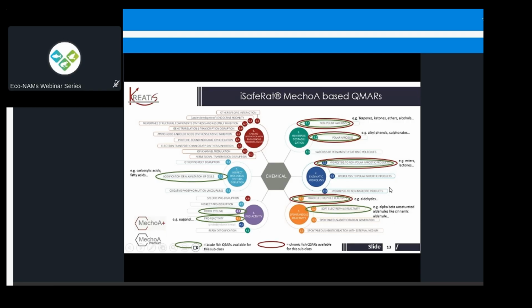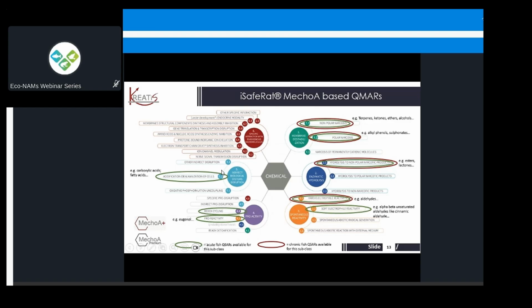Within the proactives, there are substances that can be detoxified in the case of 4.1 to narcotics, and we're trying to find a link now to see if we can use this, when we find such compounds, to identify that it's perhaps more likely a narcotic effect rather than another kind of effect. And for 4.3 and 4.4, we have been able to make that link. Within 4.3, we have substances such as eugenol, for example, and there are also redox cyclers in 4.4, where we have also created a QSAR for those.